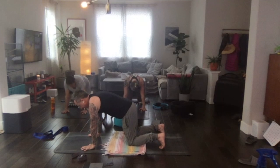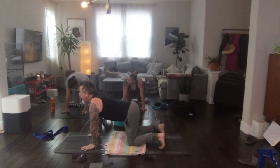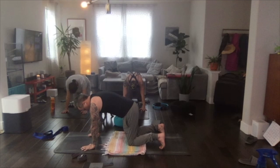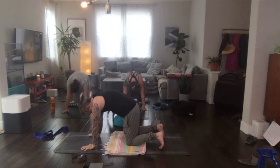So on the inhale, start to tuck your tailbone under, your belly drops, and naturally your chest will lift and your head will come with it into cow. Stay here for an inhale. And on the exhale, bring the chin to the chest and start to round the back into cat. Now you may not go too far because this is your first one today, so we're going to do this